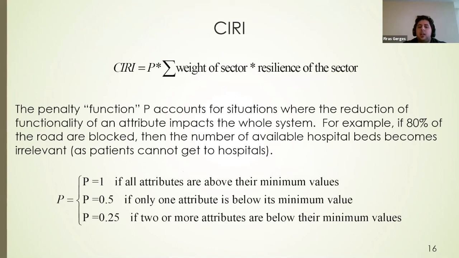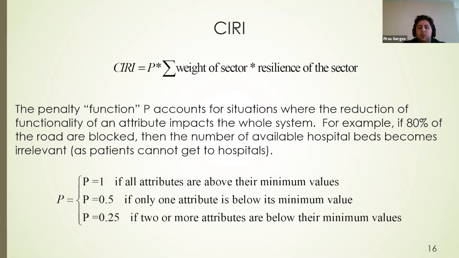However, we multiplied this average by a penalty term. We introduced what we call a penalty function, which captures the situation where a decrease in one attribute might shock the whole system. For example, assume a flooding scenario where 80% of the roads were blocked. People won't be able to arrive at hospitals, so the number of available beds or the number of available physicians might not be relevant in this case, and hence the whole system will be in shock. So as default values, we assign P equal to 1, so there's no penalty if all attributes are above their minimum values,